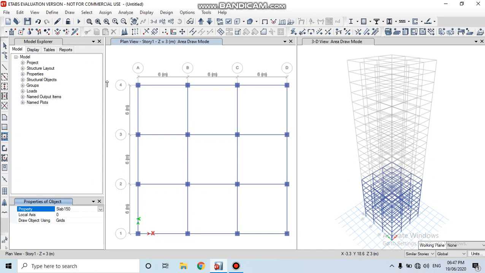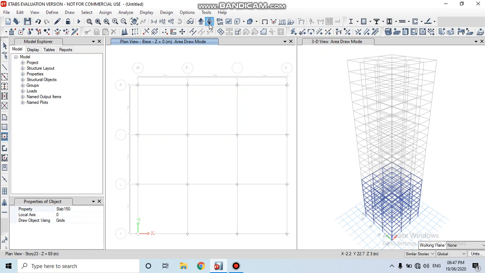Go to the random story from 9 to 14. Here by using the move up list we can set this from 9 to 14.